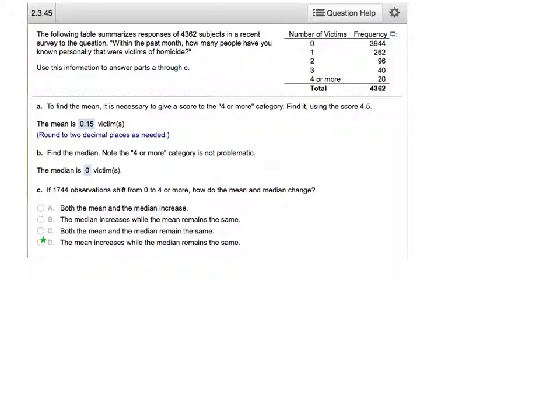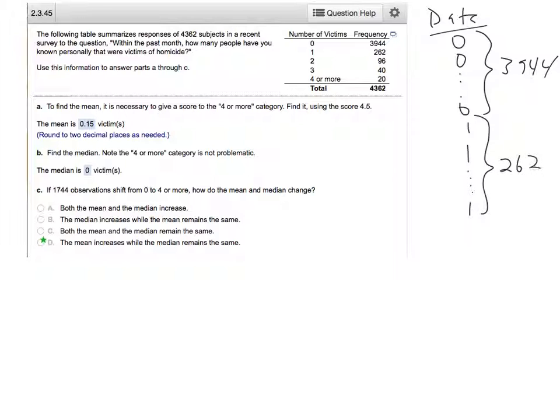This data consists of 4,362 pieces of data that were either 0, 1, 2, 3, or 4, because the question was how many people do you personally know who are victims of homicide, which you hope most people would say 0. But this was the data that was collected, and this is just a summary of it. So what the data actually looked like, if I list the actual responses, would have been 0, 0, blah, blah, blah. So a whole bunch of zeros, 3,944 zeros, and then a whole bunch of ones,